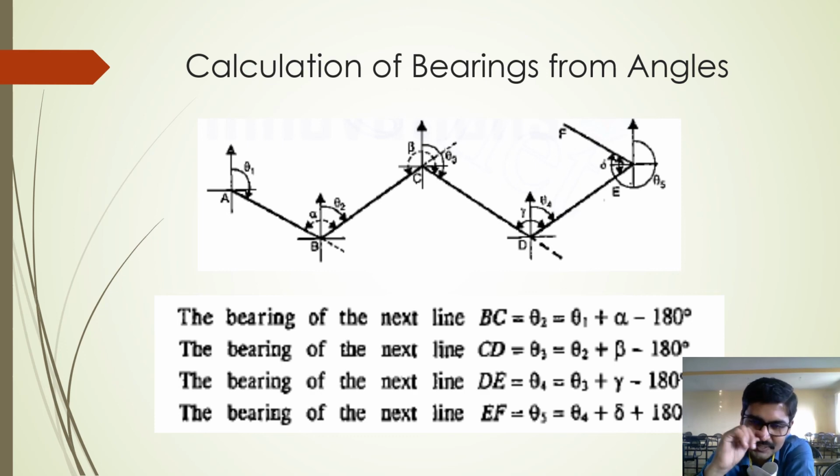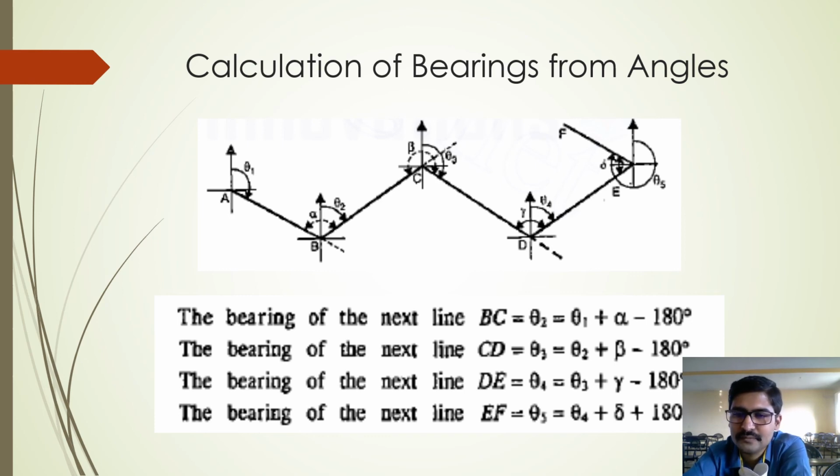It is geometry. If you just have this diagram on your paper and if you work it out, you will get to know about that. And the same problem you have even in your textbook. It is a problem from your basic Punja textbook itself. You can refer to that textbook and you can get an understanding of this particular problem. In your examination, such problems will be asked, where bearings will be given and they will ask you to calculate the angles, and they will give you angles and ask you to calculate the bearings of the line.